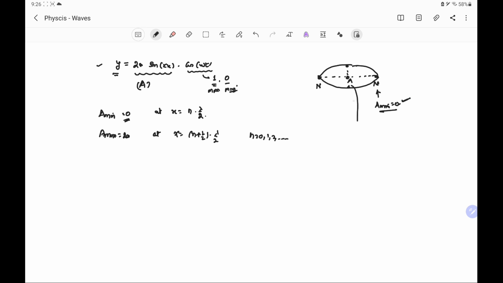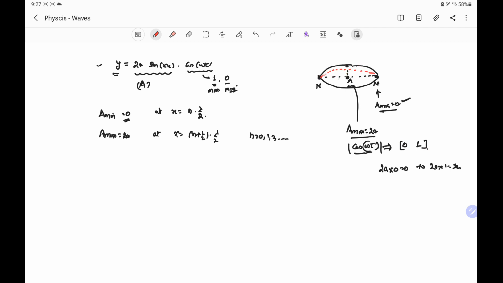But if we consider the antinode, which has A max equal to 2a, and now we also consider the factor cos omega t, and this cos omega t has a magnitude from 0 to 1. Therefore, the maximum amplitude at the antinode changes from 2a into 0, that is 0, to 2a into 1 equal to 2a. That means if we make a change because of this cos omega t,